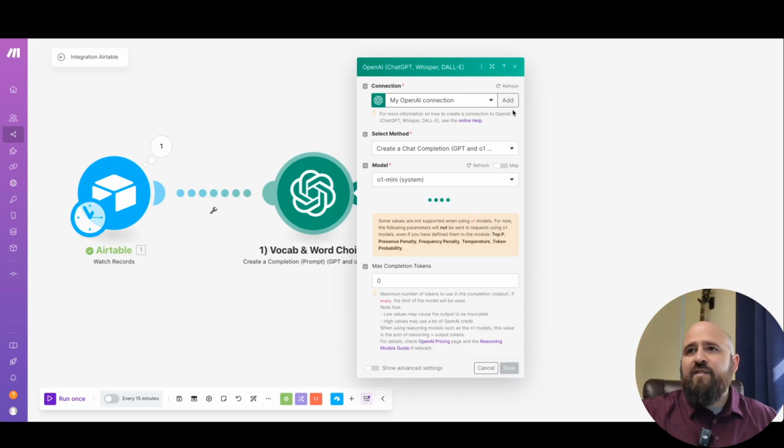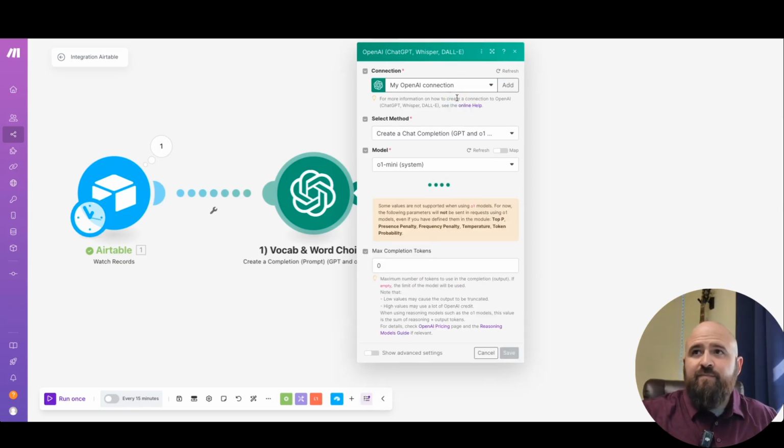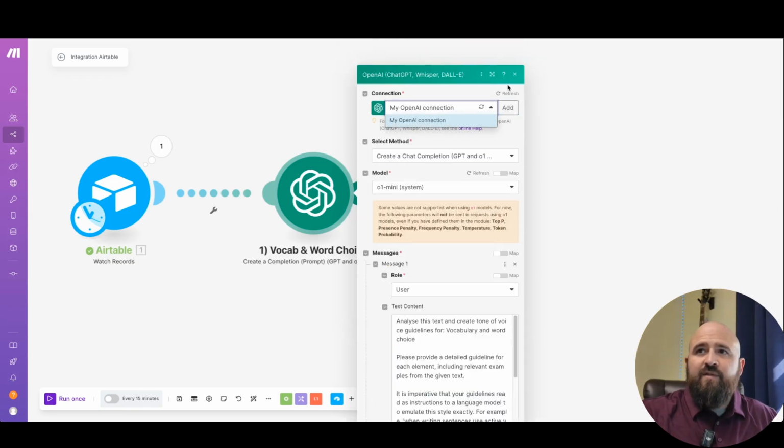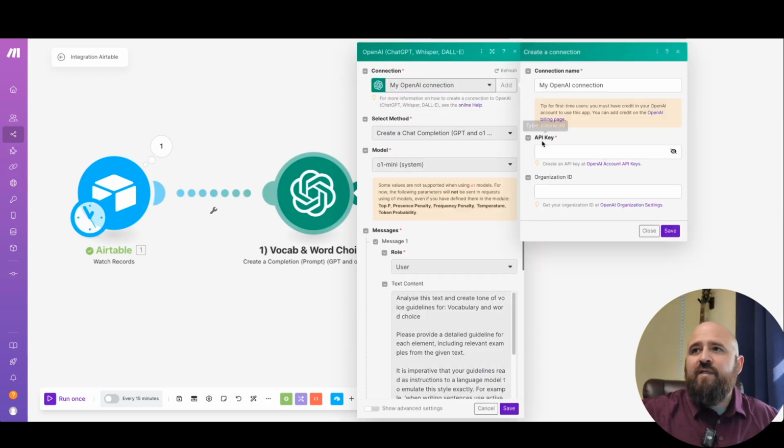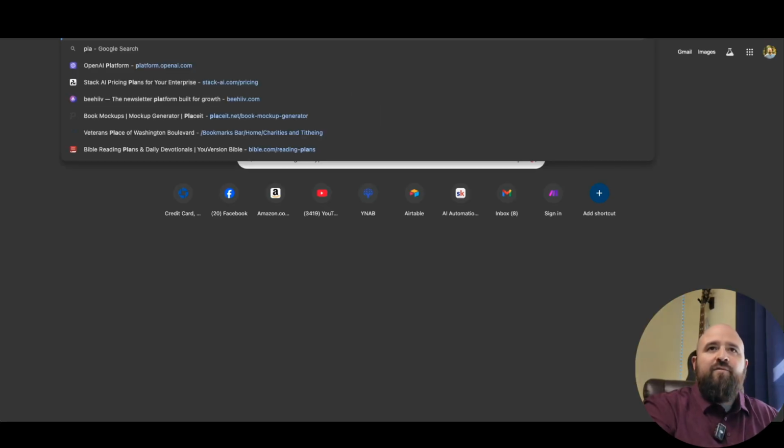So similar to the Airtable, if you don't have an existing connection here, you're just going to click on this option up here. You'll click on add. You're going to have to log into your ChatGPT. So let's talk about that real quick because you need your API key. So to get that, you're going to go to